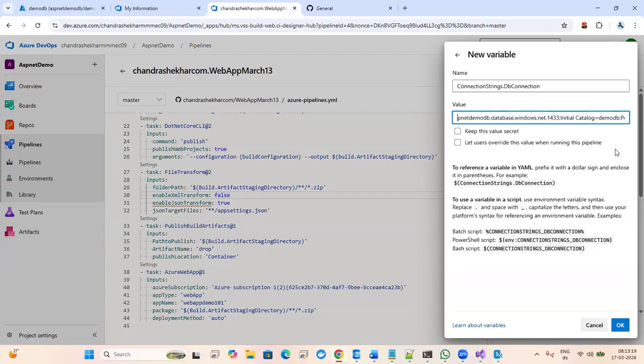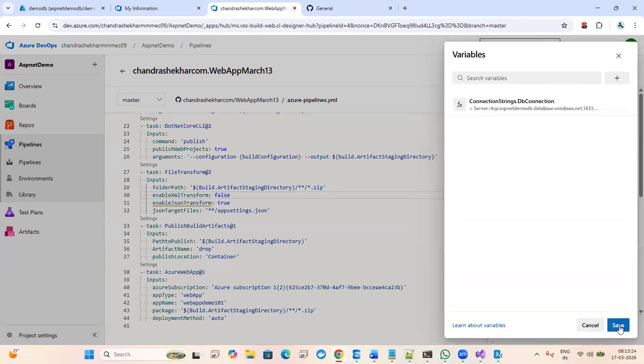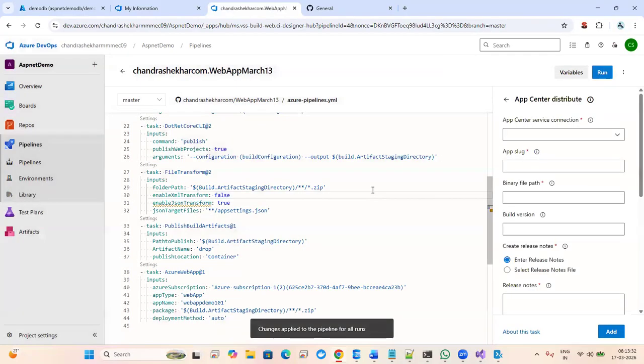Okay, this is my connection string. Okay, save. Okay, so